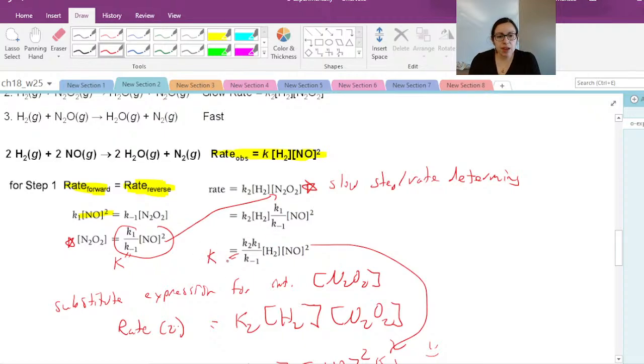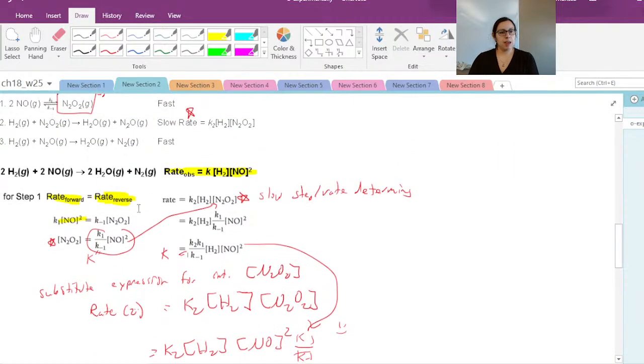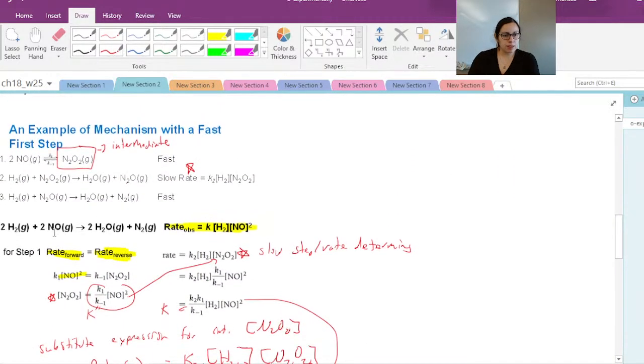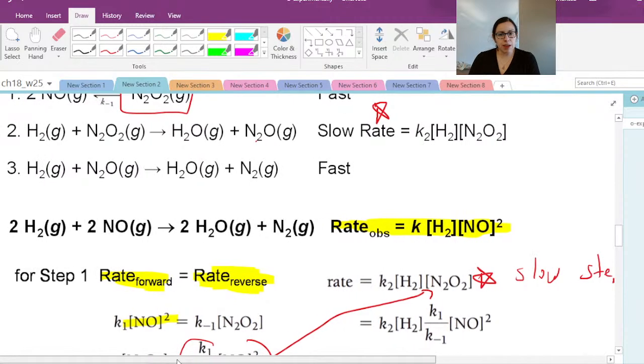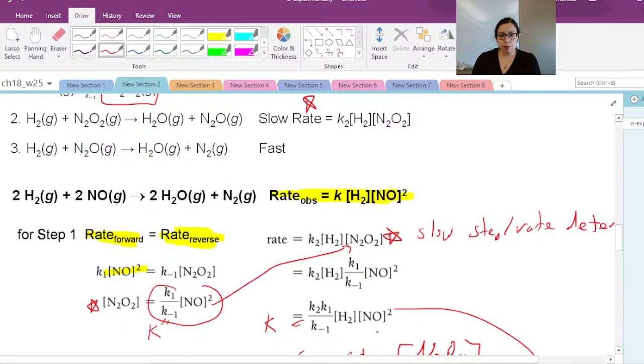We have no numbers yet. And perfect, so now our rate law matches what we observed. And so note, the last step doesn't matter in the mechanism because, again, it's fast, so it's not part of the rate determining. And again, you can tell that from your mechanism that we were able to derive that same rate observed. So again, this is too fast, not part of our rate law expression.